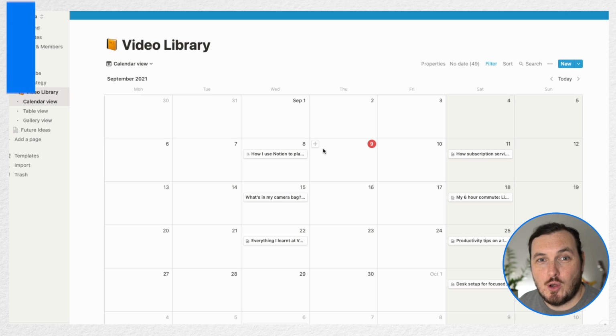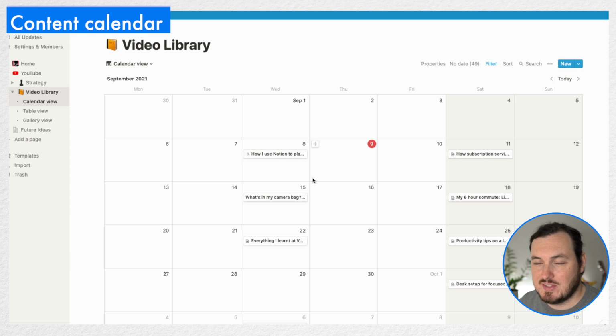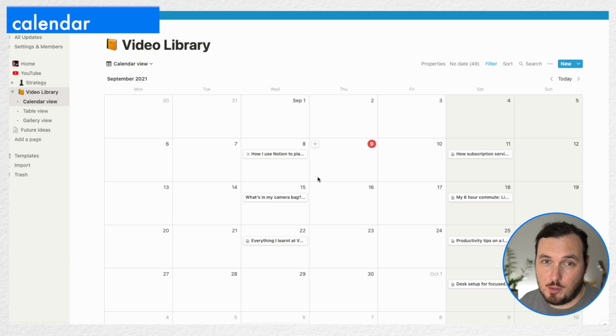The only other little thing that I'll show you here is that I've got this calendar view set up. So that's using the publish date. Again, all the metadata here is actually adding to the utility of this whole kind of setup, and that just allows me to kind of see loosely when I expect the videos to go live. I'm a bit late with this video, but you know, it's been a bit of an odd week, so I haven't made it through exactly how I planned.